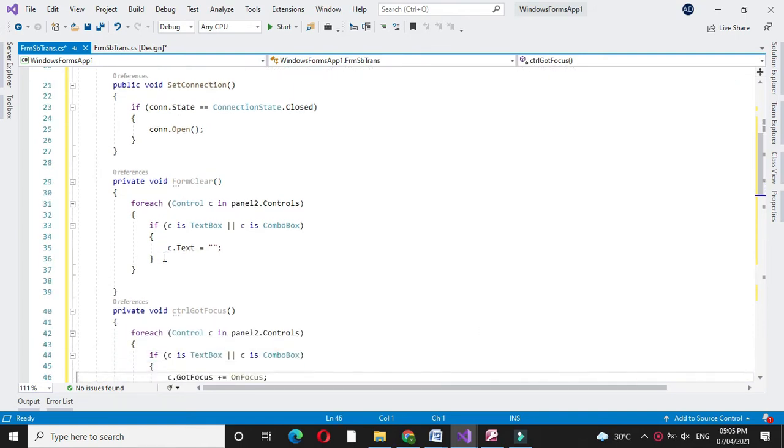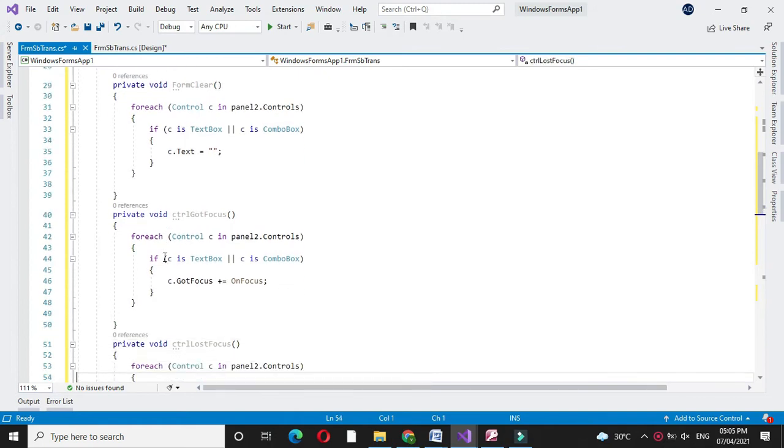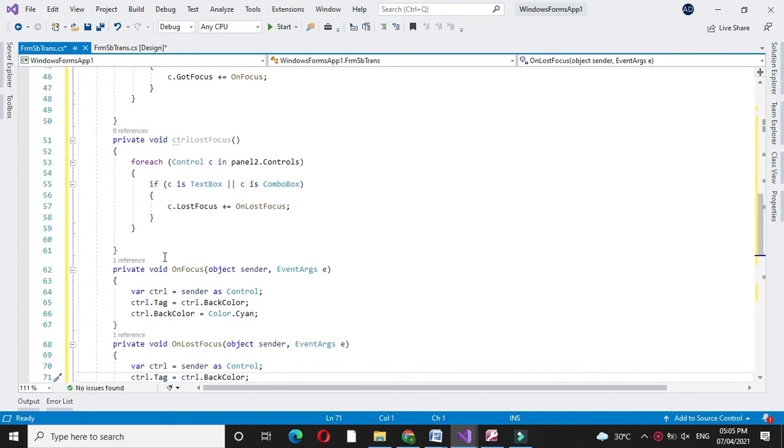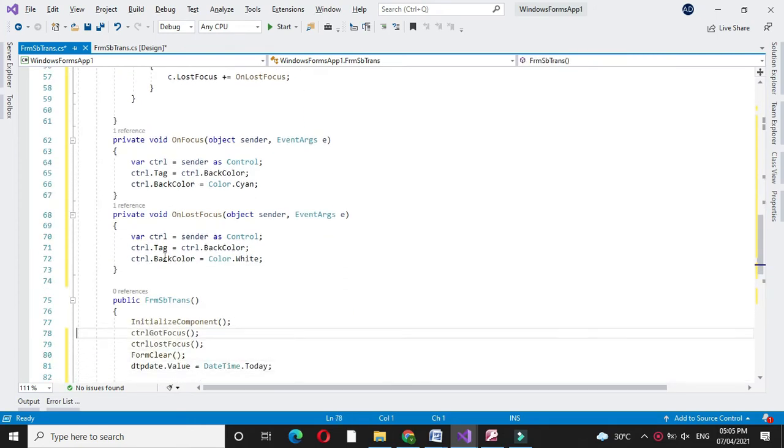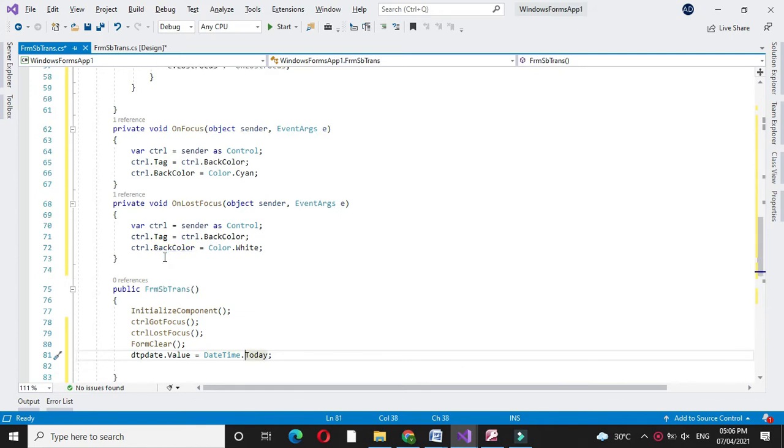Then got focus method, lost focus method and on focus and on lost focus methods. And after InitializeComponent I call this control got focus, control lost focus method, form clear, and I set the date time picker with current date, that is DateTime.Today.